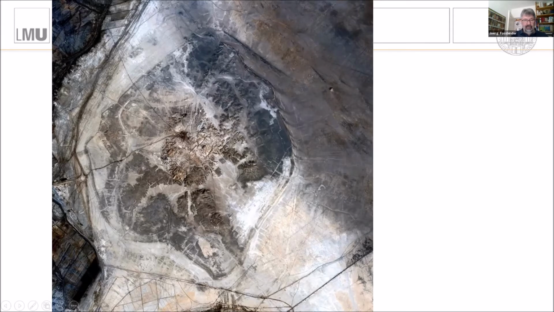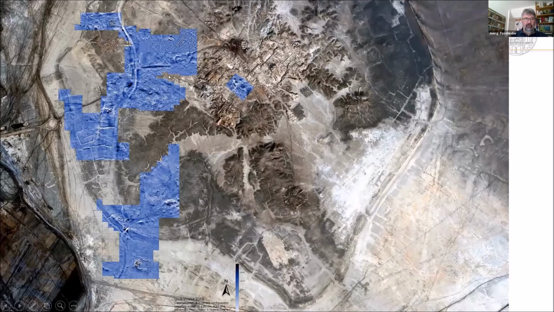So the city center, comparatively to the size of Ur, but then further backs where we find clearly some housing and city building structures, but in between a lot of areas which are simply somehow in the marshes. And what we covered so far with the magnetometer is this part. It looks quite a little bit poor compared to the rest of the city, but nevertheless,